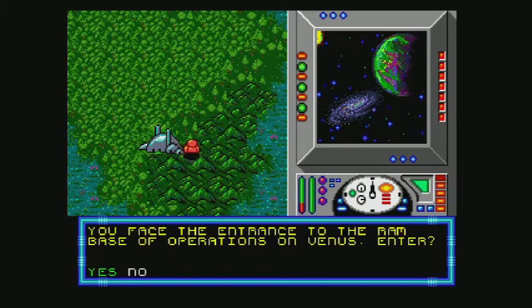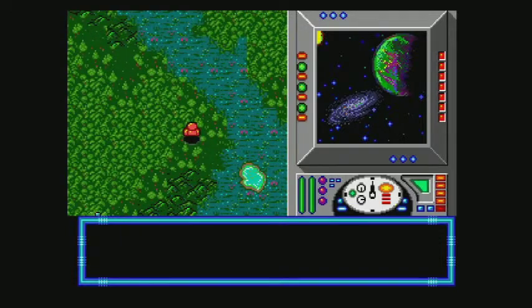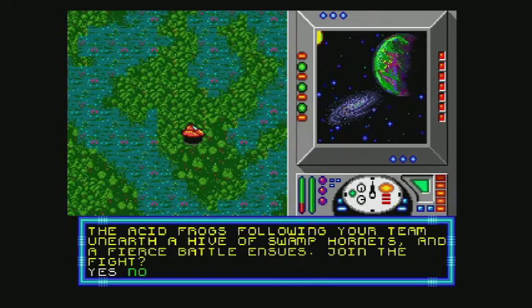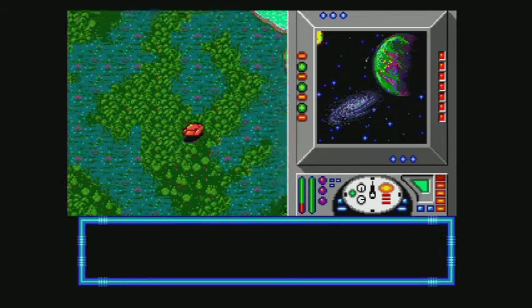This is the main RAM base. It's on Venus. You can enter this way, but the other way you get the key card, and you can't in this way. Swamp hornets are quickly consumed by the acid frogs, so...